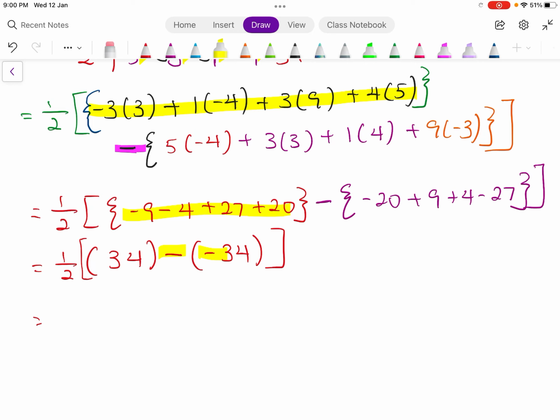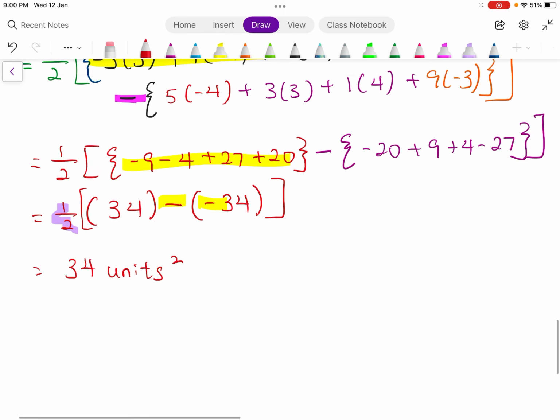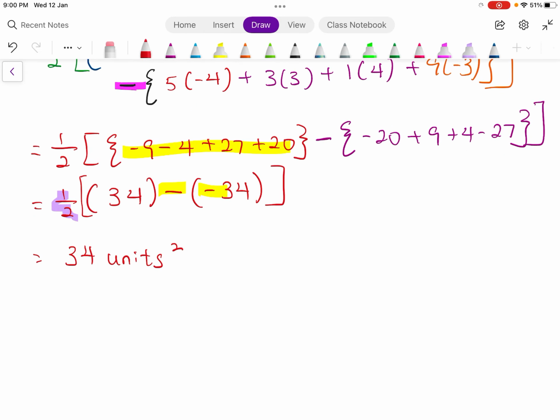Remember, there's a half here. So 68 times half is 34. The area of this rhombus is 34 units square. It's always the case that this area is a positive area. If you get negative, it means that maybe you tied your shoelace wrongly. Okay, so that's how we do